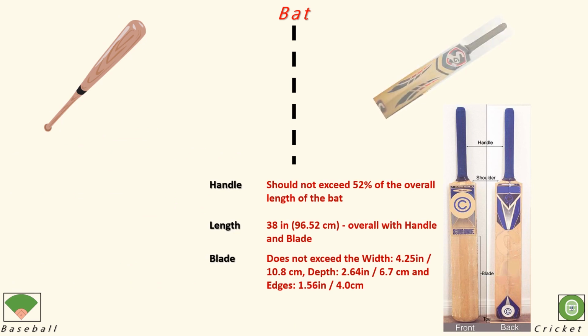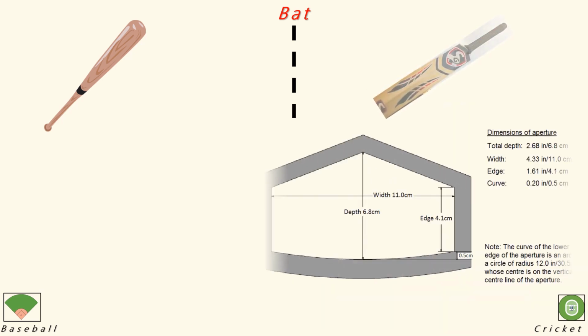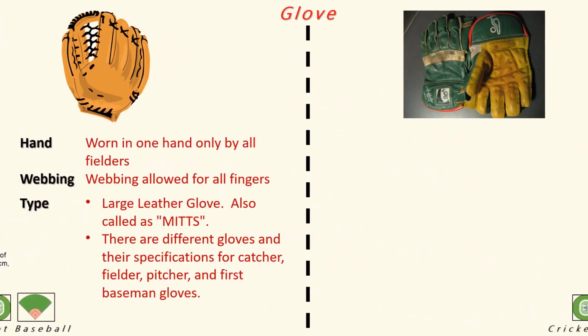Now let's see a cricket bat. A cricket bat has 2 parts, one is the blade and the other is the handle. A little portion of the handle is also inserted into the blade. If you see here, this is the front side of the bat and this is the back side of the bat, and the back side of the bat is also a little bit curved, and other dimensions of the bat are given on the screen. An important thing is that all bats, with or without protective covering, should be able to pass through this gauge, and the dimensions of this gauge are given here on the screen.